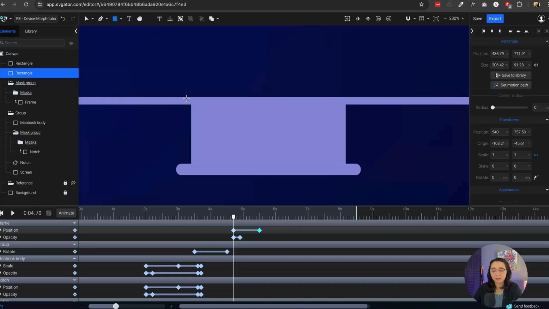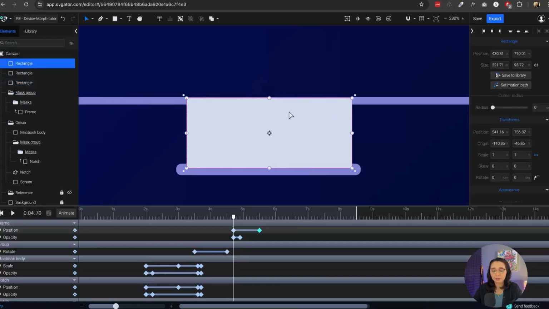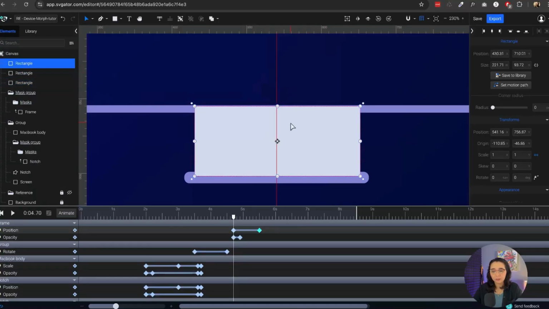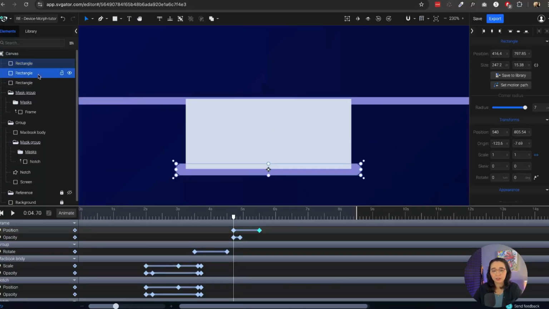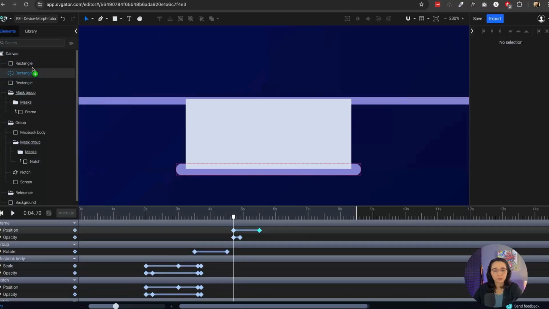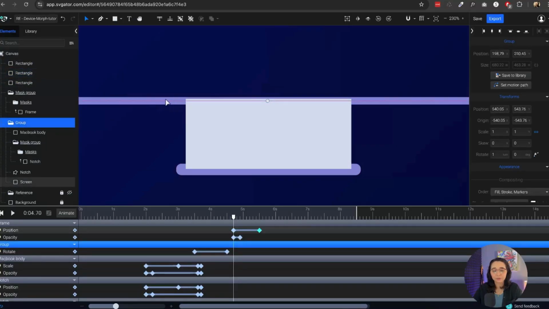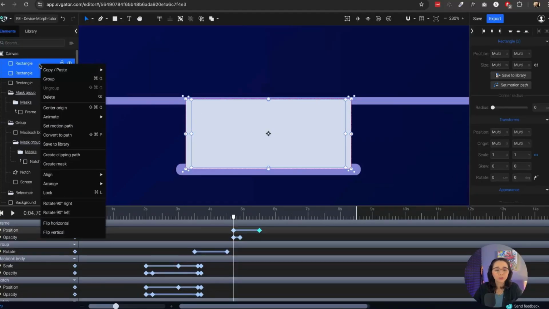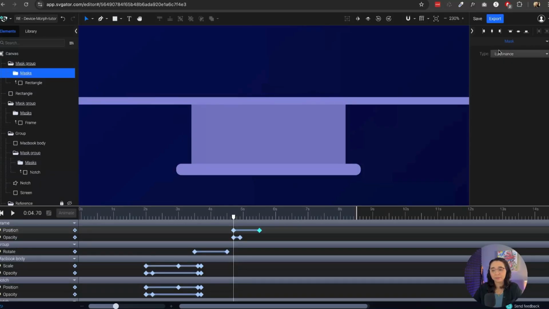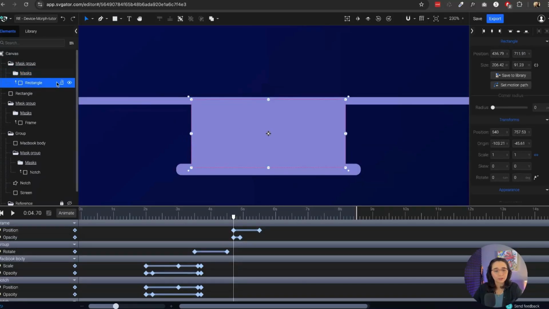So I'm gonna create another rectangle for a mask. I'm just gonna center it, and we need to make sure here that both shapes are under or behind the frame, or at least on top of it. It doesn't have to be behind, but on top of it, so it doesn't look like it's coming from down here or something, because that would look a little weird. So I'm gonna create that mask again, and then